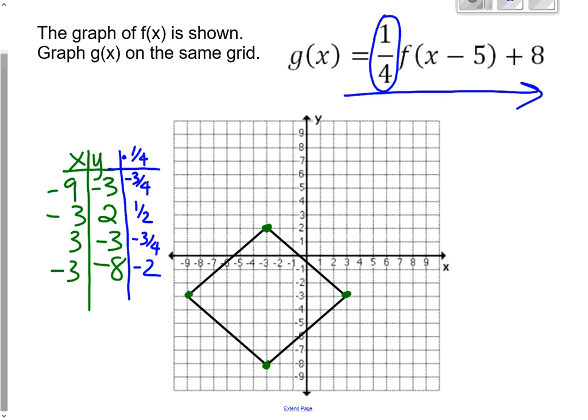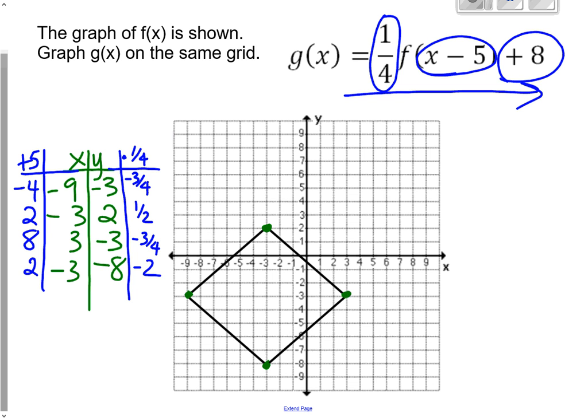All right. And then in here, I have x minus 5, which means 5 to the right. So I'm going to go over to my x values, and I'm going to add 5 to each of them. And I get negative 4, positive 2, 8, and positive 2. And then last, I have this plus 8 at the end. That's being added to the whole function. So let's go over here, and we're going to add 8. And I get